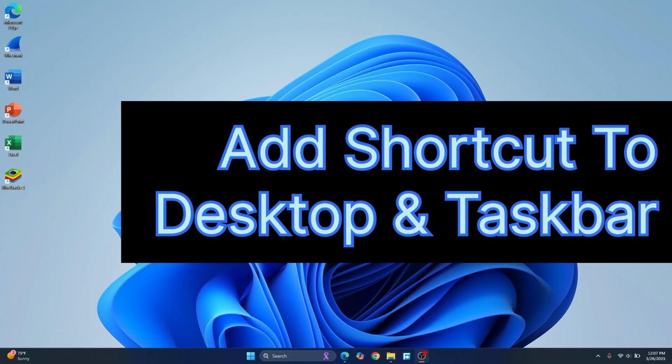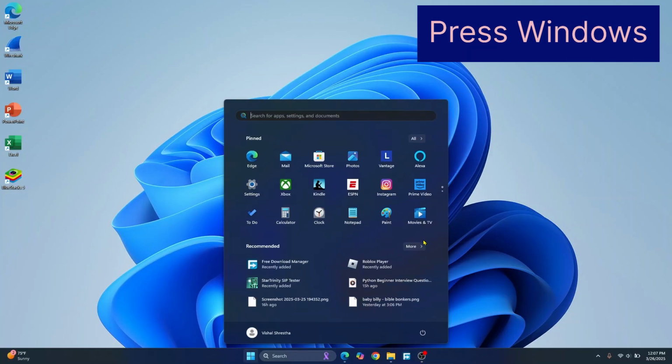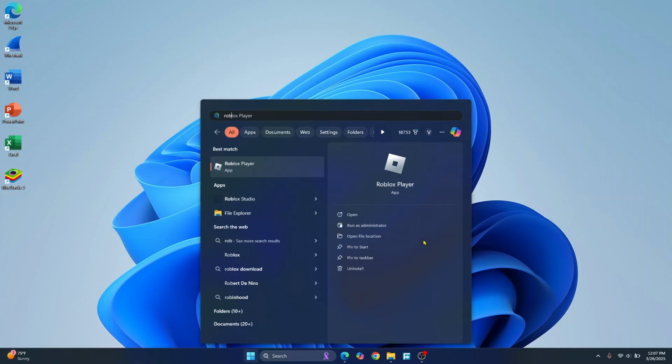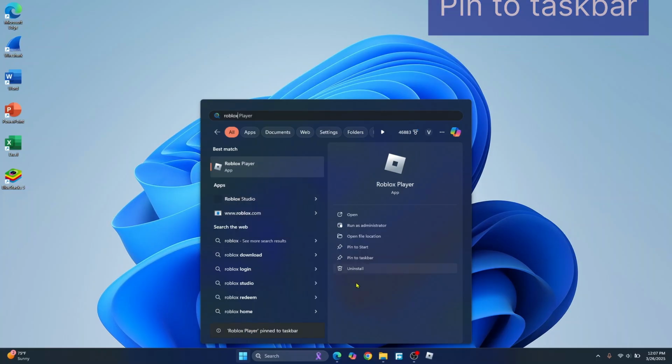Let's see how we can add any application icon to desktop and taskbar. So adding to taskbar is easy. Just press Windows and search for any application that you want. Let's say I want to add Roblox to desktop, right? So I can just right click on this and click on pin to taskbar, and as you can see it